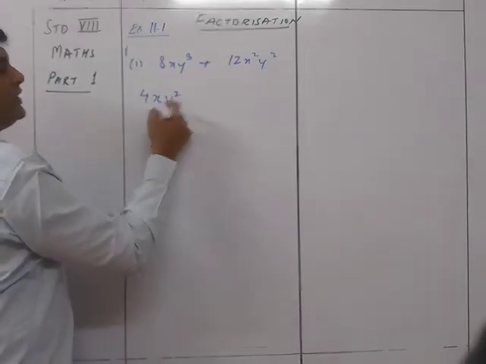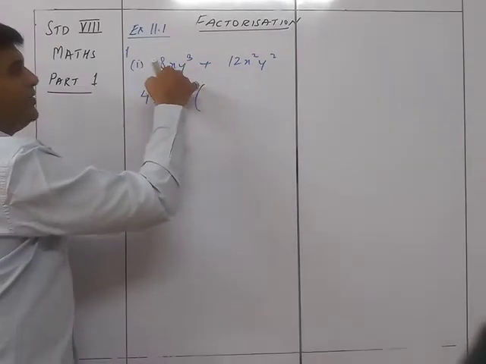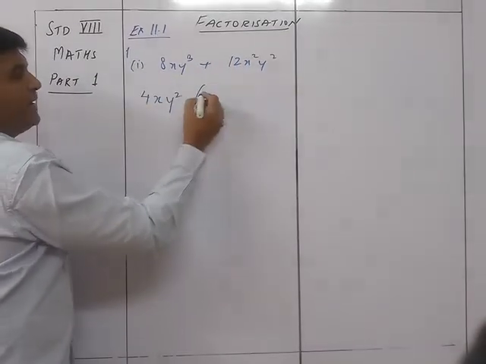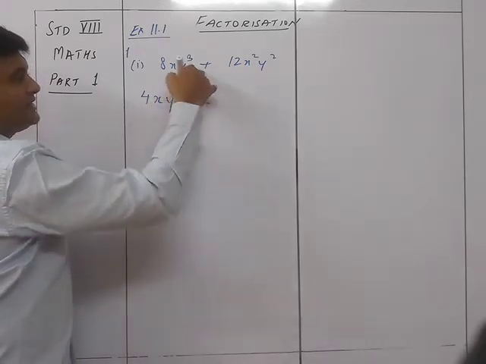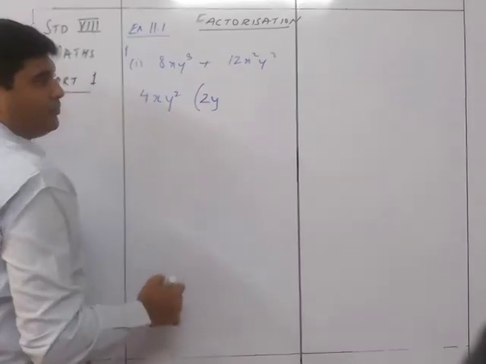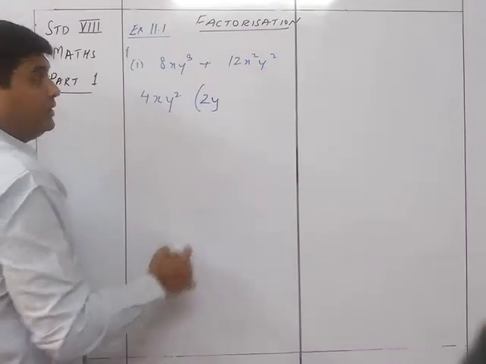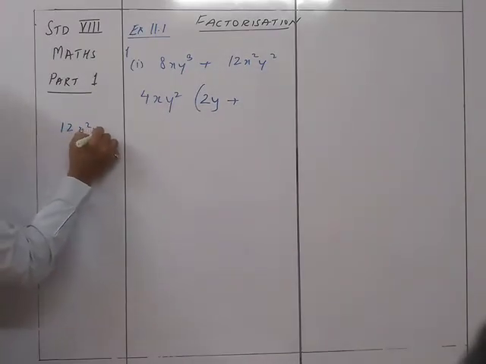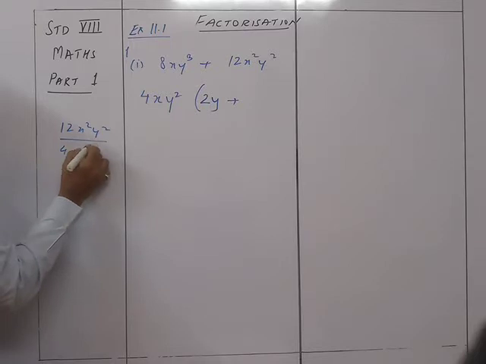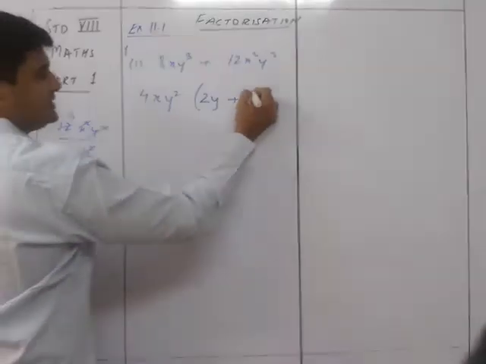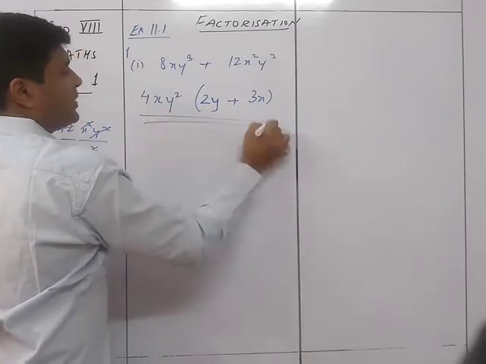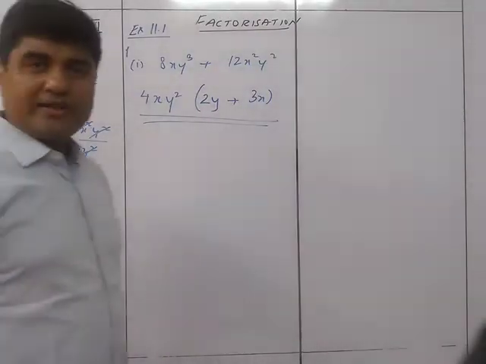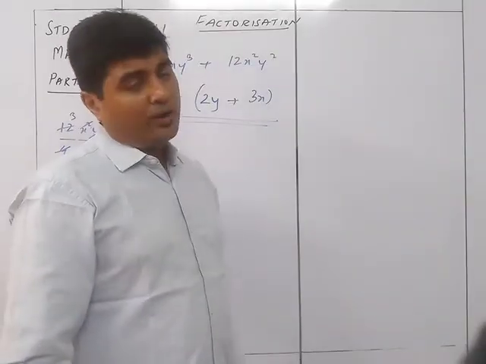Once you take out the common, you are going to divide this by this. So 4 and 8, when we divide, we get 2, x and x square cancel, and y square divided by y square gives y. Okay, over here also plus, so I can do the rough work, 2x square y square upon 4xy square. So x square divided by x, this x cancels, y square cancels, and 12 divided by 4 gives 3, so the answer is 3x. So the answer to this one is 4xy square bracket 3x plus 2y, or 2y plus 3x.